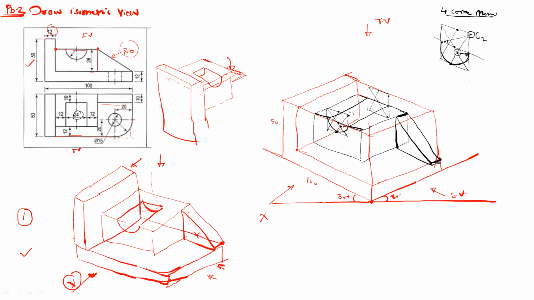Connect this center with this corner, this center with this corner, with this center. Okay. And then by selecting this as a center, you can draw this curve. So actually this portion is not visible, so that portion will be hidden behind this rectangle. Okay. So only this portion will be visible.